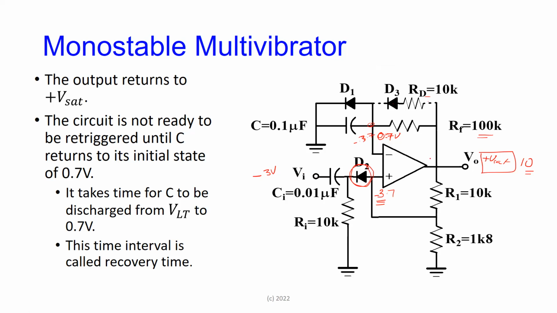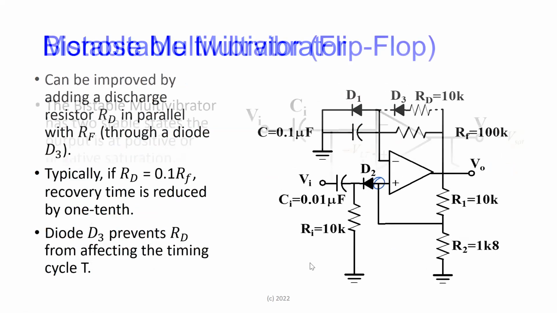Just to put numbers in the circuit. And if here is at minus 3.7, this diode is now out of the circuit, because I sent this to minus 3 volts and brought it back up to a positive value. So here is now reverse bias. Here is now reverse bias. You could take them out of the circuit